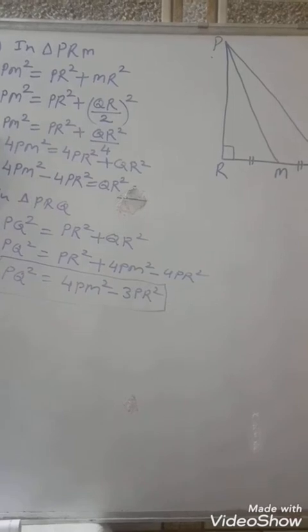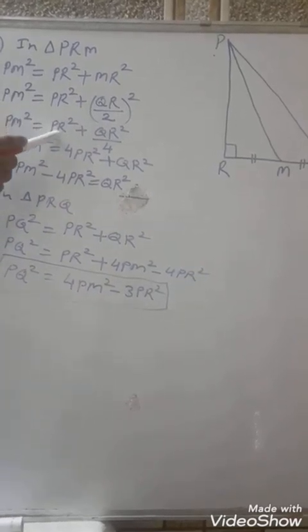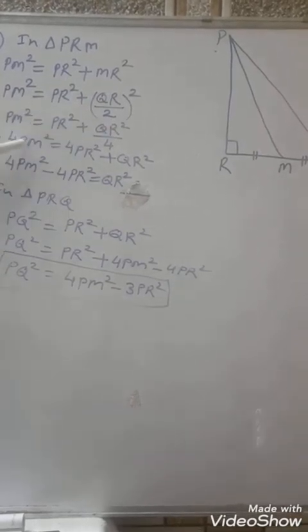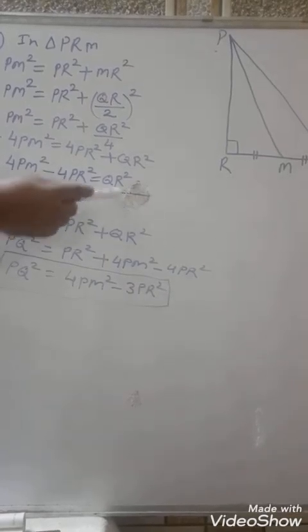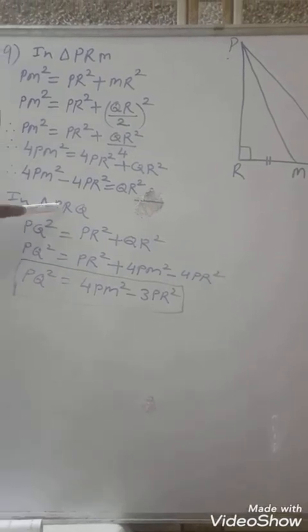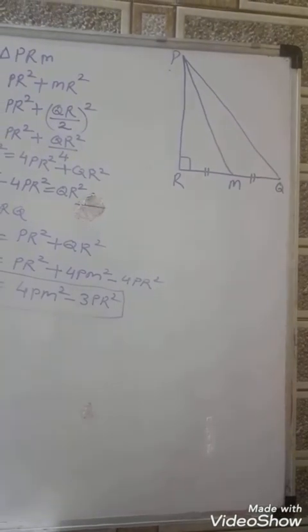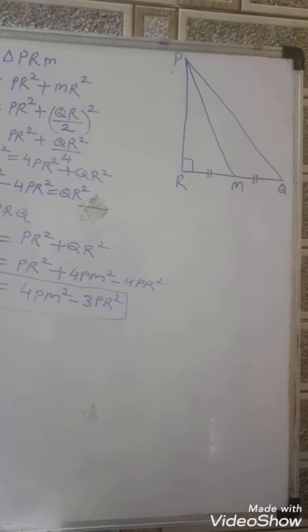So 4 times PM square equals 4 times PR square plus QR square. Now shift this side, so 4 PM square minus 4 PR square equals QR square. In triangle PRQ, in that angle R, again we use the Pythagoras theorem, so PQ square